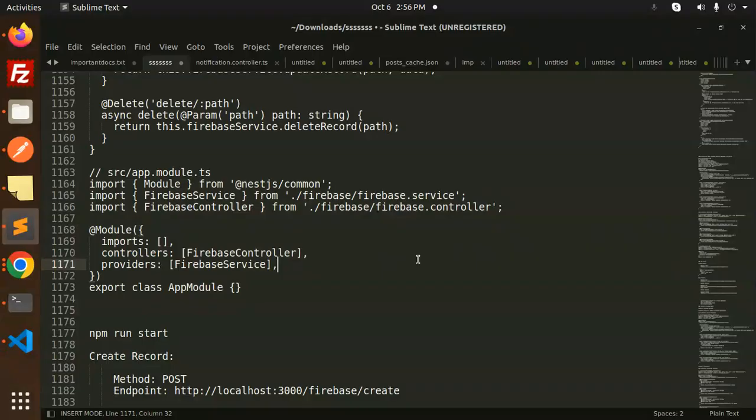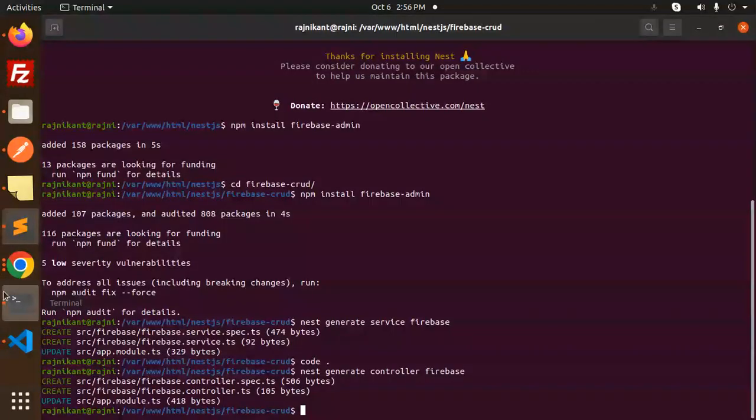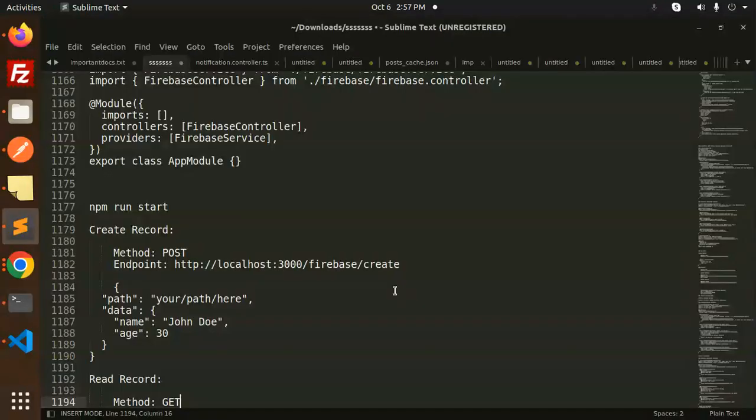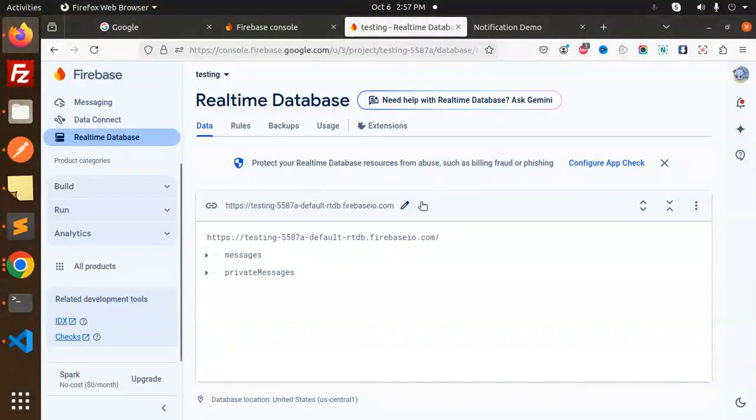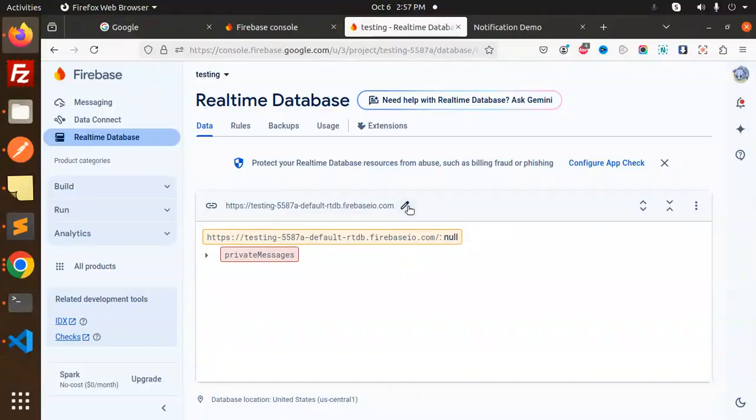First of all, let's take the demo. So here we have the Firebase create. Okay, let's run npm run start. We have to replace the database URL. So this is for that one. We already have messages and private messages. Okay, we can delete that one, we don't require it for now. Just make it like this and just